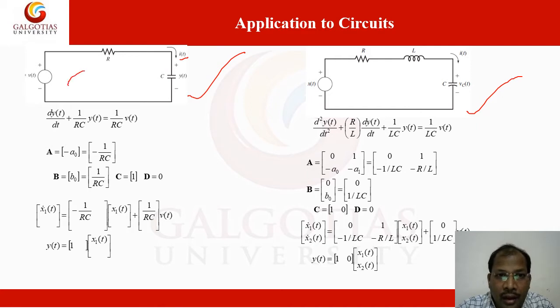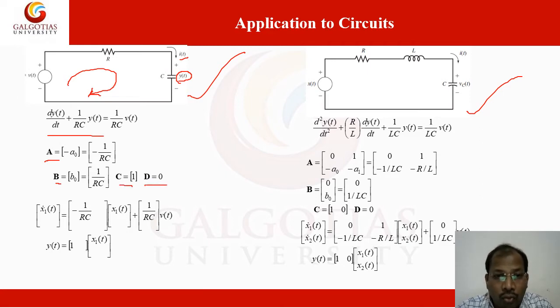When we apply the KVL in this loop, we can write it in this form, here the simplified form. We write y of t as the voltage, representing things in terms of y, and the current we can also write in terms of y of t. So we get a first order differential equation because of the first derivative. Then we compare, or we can find, the A, B, C matrices. We get a 1 by 1 matrix here. So B is a 1 by 1 matrix, C is also 1 by 1, D is also.